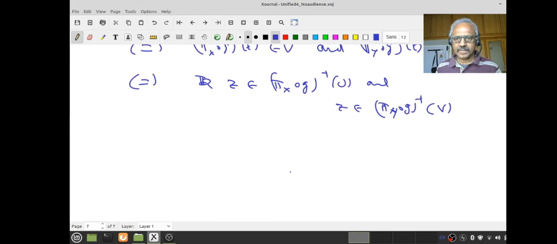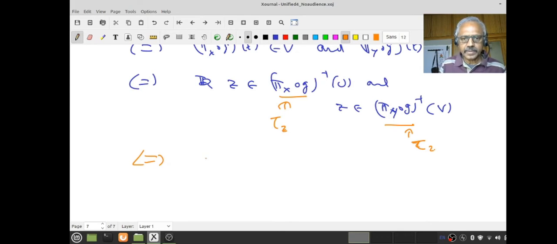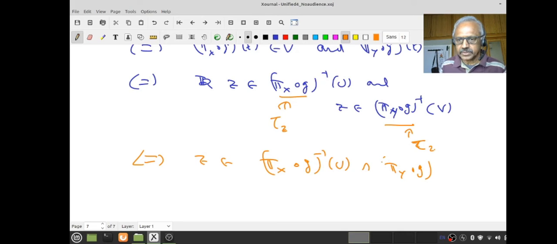Yeah, right. Now what is the hypothesis? The hypothesis says pi x composite g is a continuous map. Similarly this is a continuous map, right? This one is a continuous map from z to x, and u is open in x. Therefore this is open in z, and for a similar reason this is open in z. But these are two open sets in z, therefore their intersection is open in z. Do you understand that? Therefore this is if and only if z belongs to pi x composite g inverse of u intersection pi y composite g inverse of v,